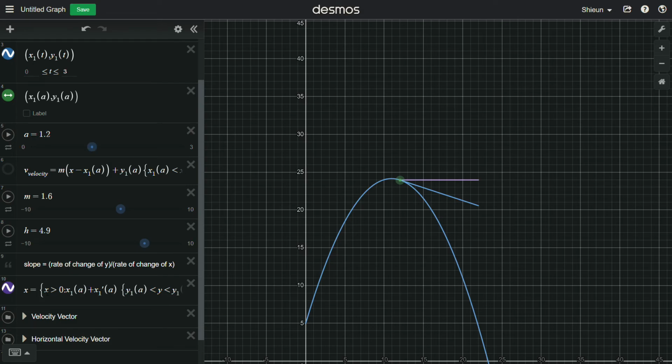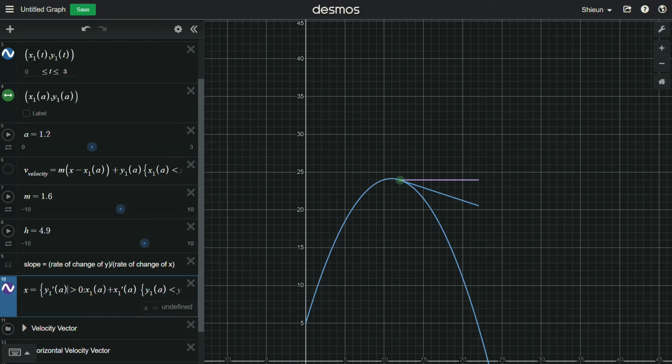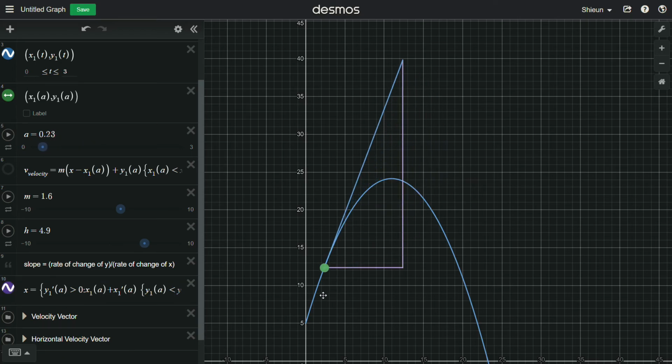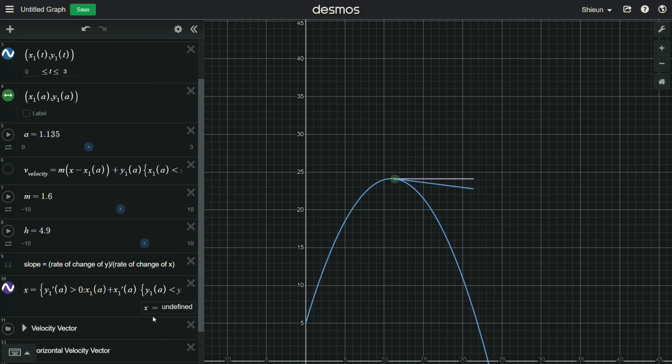So the condition here is that the derivative of the y component, so derivative of y, has to be greater than 0. I think I need to include that it's going to be at the a component, for that part right there. So then if we come back, we can see that the piecewise function will apply only when it's positive. As soon as it hits negative, watch what happens down in row 10. Boom, it says x is undefined,